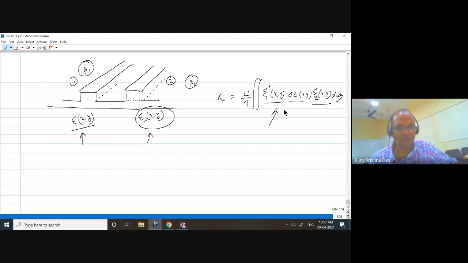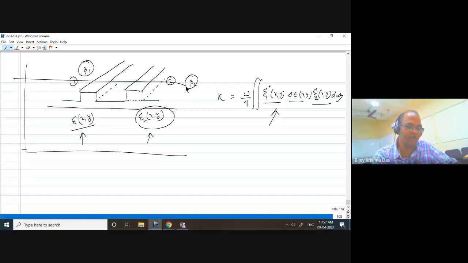Only thing is that if you know the delta epsilon, then you will be able to, right? Is there any chance that you know the delta epsilon value? Because you see, it is an entire region. This is your entire XY cross section, right? So E1 xy, you know the field distribution.